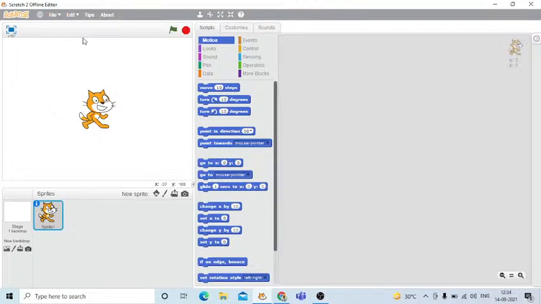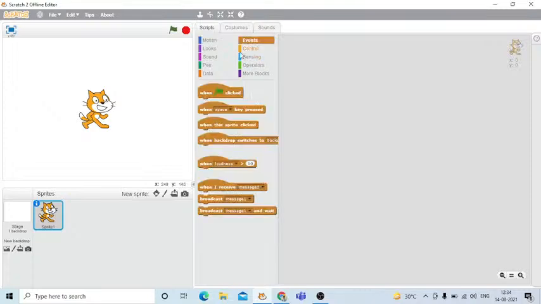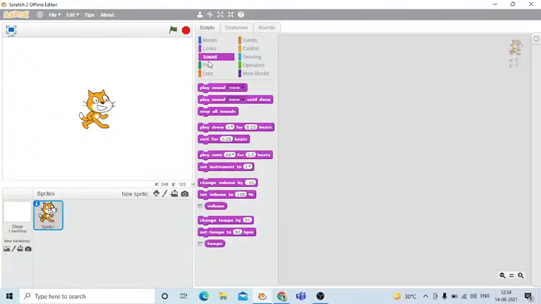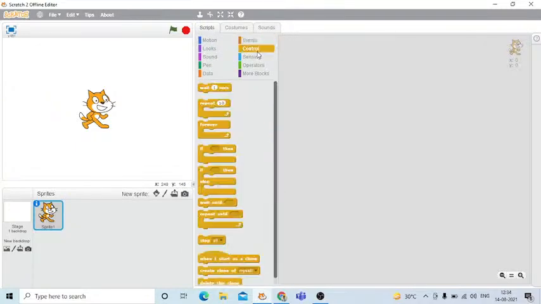First of all, I'm going to explain you offline editor. When I was explaining my first video, that was the basics and introduction of Scratch. That was my first video. I told you everything about offline editor. It's the same as the online editor, just there are a little bit of differences, but mostly there are similarities. Okay, so first of all, you all know these: motion, looks, sound, pen, data, events, control, sensing,